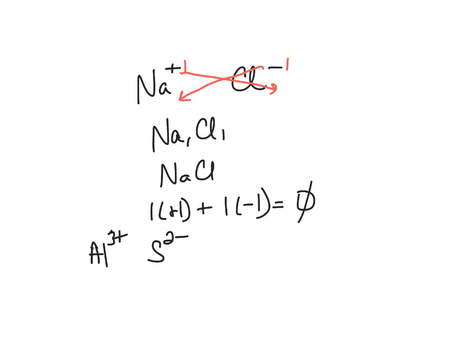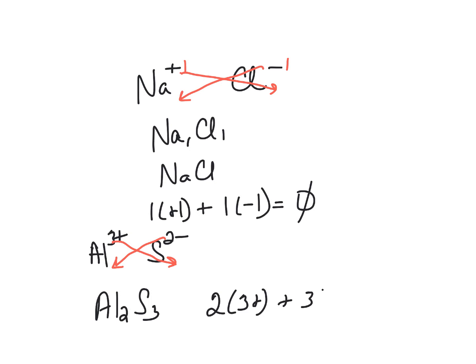Now I look at the crisscross down: the charge on the cation becomes the subscript on the anion, and the charge on the anion becomes the subscript on the cation, but I lose the signs. So when I write this one, I get Al2S3. I can check my math here: there were 2 aluminums that each have a 3+ charge, plus 3 sulfurs, and I get those from the subscripts, that each had a 2- charge. And so what I get is +6